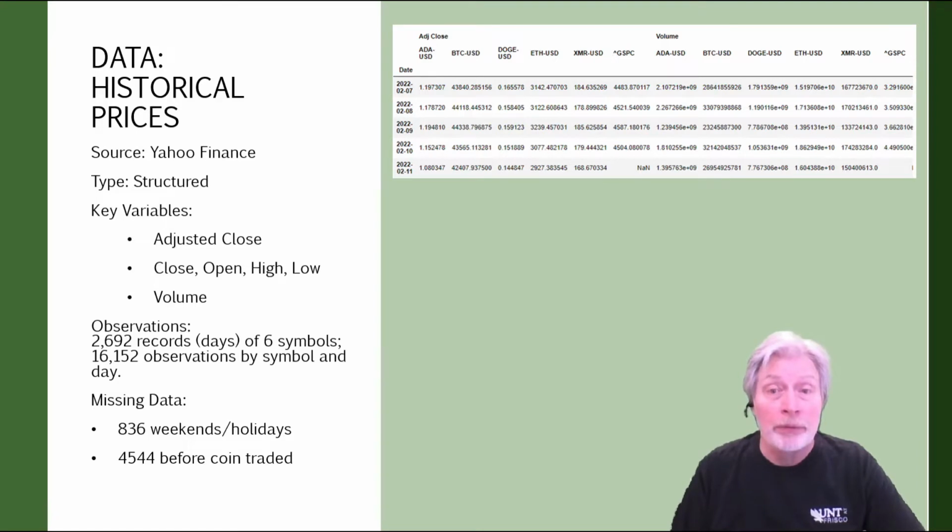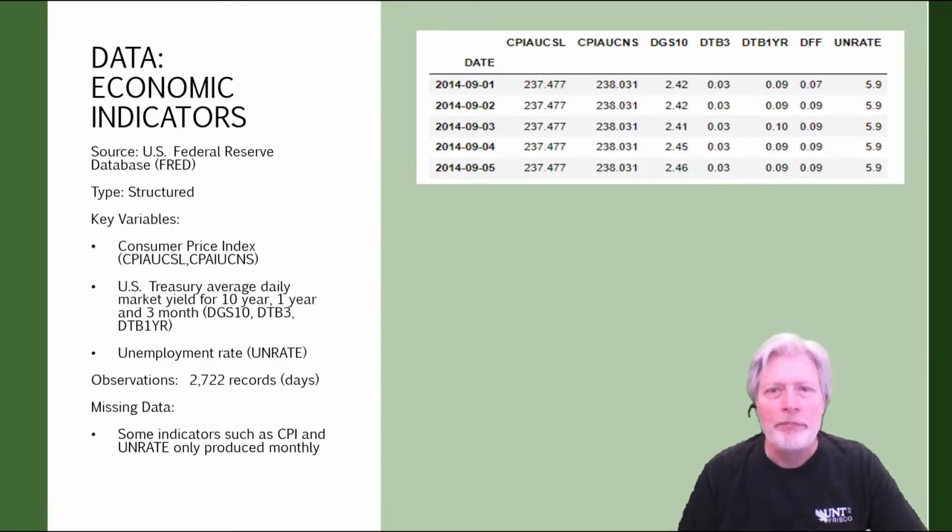Those were zero filled to reflect no activity. The second type of data represented economic indicators. The source for this information was the U.S. Federal Reserve or the FRED database. It was also structured data, and while there were numerous indicators available, I selected a small subset containing a seasonal